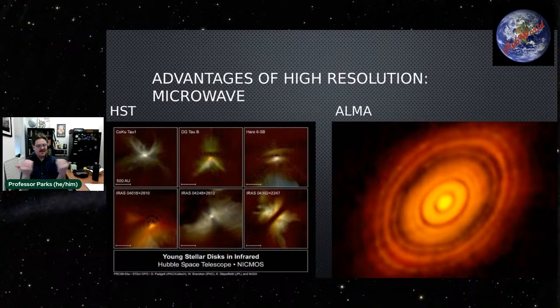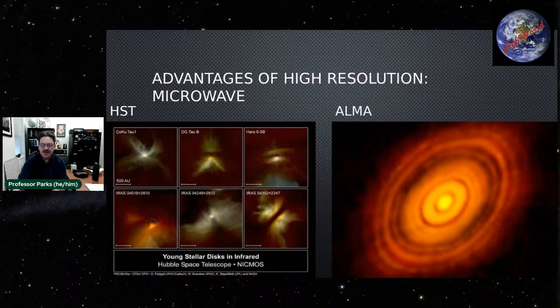We really can't see if there are structures inside that disk, that sort of thing, until we built the ALMA interferometer, which is millimeter radio. But they were able to look at a young stellar object that Hubble could not resolve. And they got this image on the right. And we've done this now for half a dozen, if not more, other objects. And we are looking at a disk of material around a forming star.